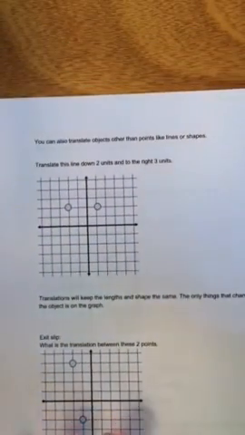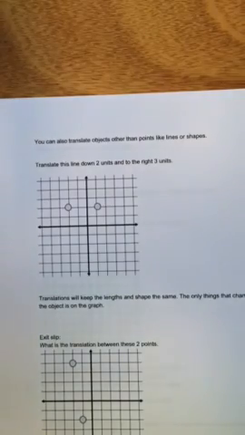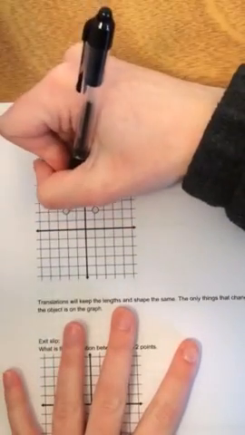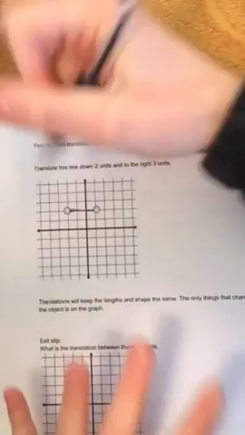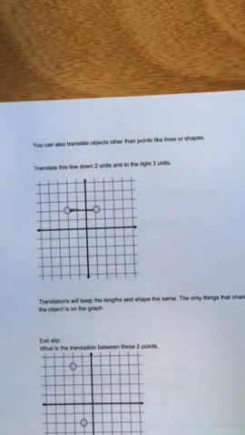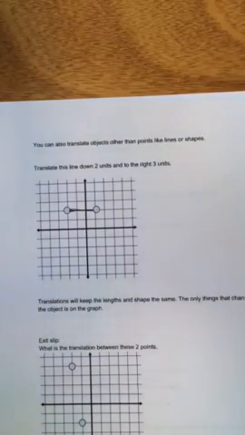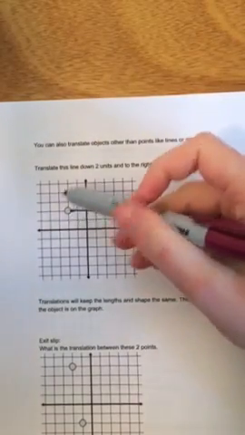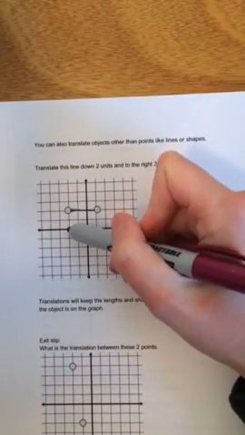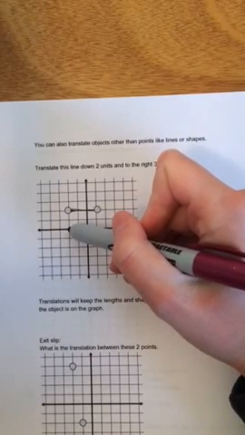Now I can actually translate more than just points. So I'm going to draw a line on my graph here connecting my 2 points. And I'm going to move that whole line. So you can actually move lines, shapes, anything using translations. So it says translate this line 2 units down and 3 to the right. Now, we know how to translate a point, so I'm just going to translate both points. So down 2 units, so 1, 2,